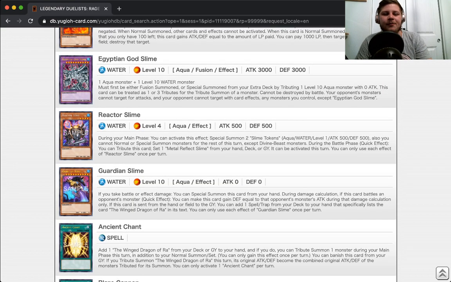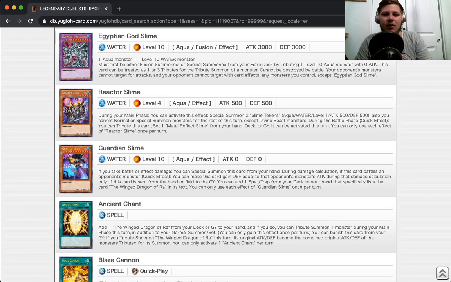I still don't like it. What really annoys me is, why can't this be: if you control a monster, special summon this card? I mean, it's restrictive enough, you can't special summon monsters except Divine-Beast monsters. So it's like, why can't you just let me summon Egyptian God? It's a waste of a normal summon. Anyways,